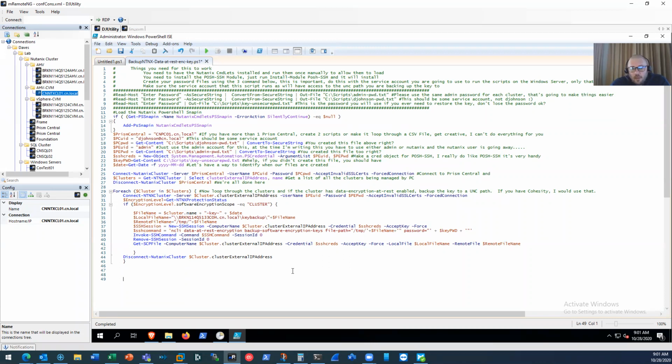So it's a pretty basic PowerShell script. We're loading the Nutanix module, connecting to Prism Central, listing out the clusters that Prism Central is managing, and then we're going to connect to each one of those clusters, and we're going to check to see if software encryption is enabled. And if it is enabled, we are going to SSH into that Nutanix cluster. We're going to issue the NCLI data at rest encryption backup software encryption keys command, save that to a folder on the CVM, and then scrape it out with an